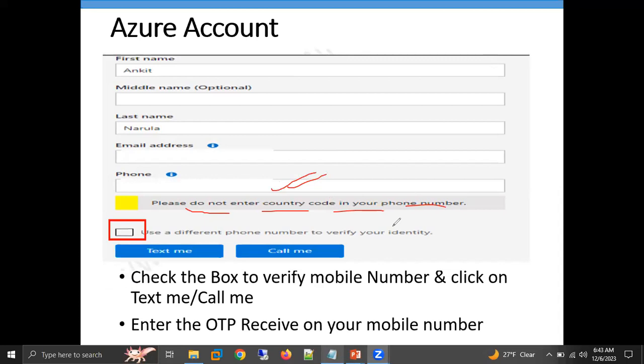And here you need to validate your mobile number. There are two options to validate your mobile number: by text message or by call. Whichever you feel comfortable with, click on that button. You will get an OTP from their side. Enter the OTP. In previous steps, we validated our email ID. Here we are validating our mobile number. So once you enter the OTP,